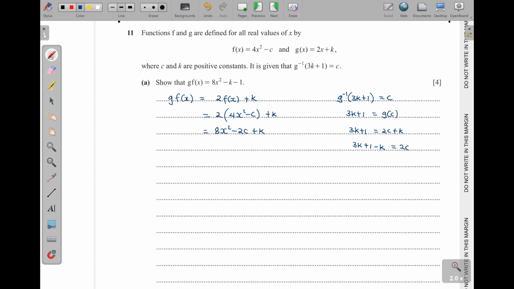Then I can divide through by 2. But since here there is 2c, I just leave it like that. So my 2c is going to be equal to 3k minus k. That will be 2k, then plus 1. So I'll get this one here, and then I substitute it here. So we are going to have 8x squared minus the 2c, which is 2k plus 1. You put it in brackets to avoid